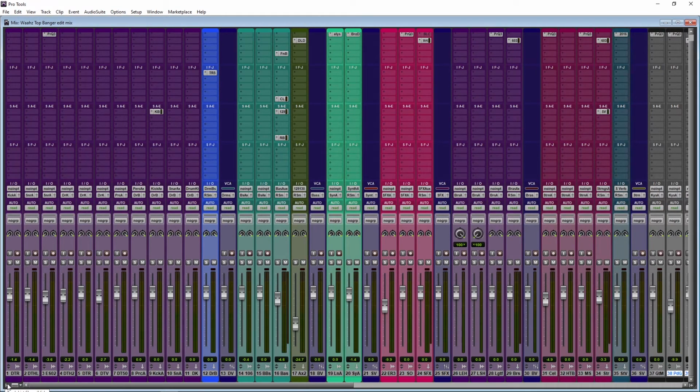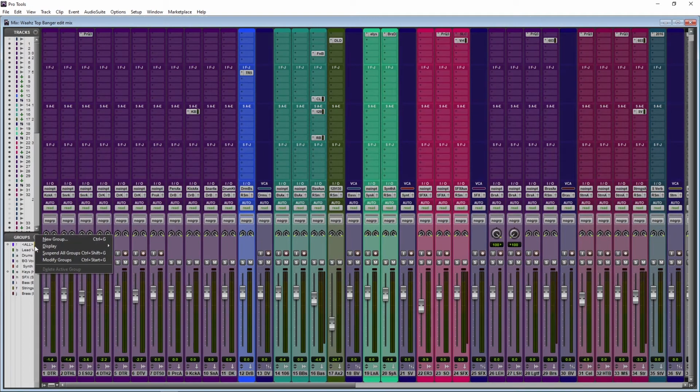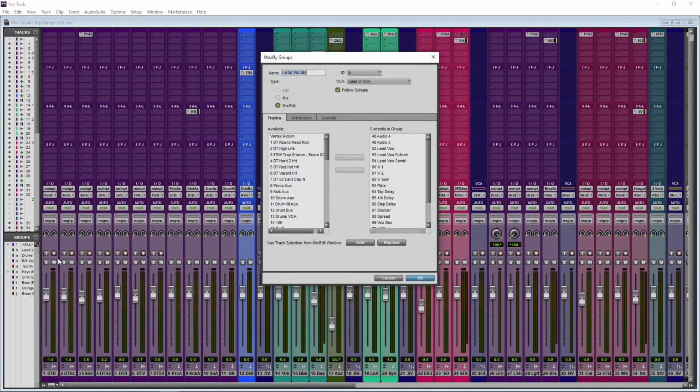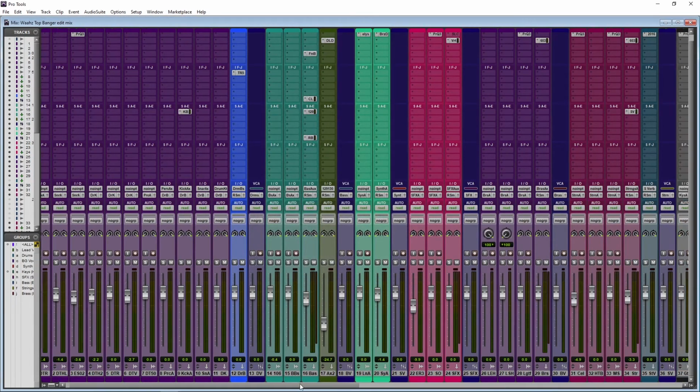Now, how I really go about it after importing my template: I click here, groups, and modify groups, and I put them in the groups I already have in the template. So for instance, like